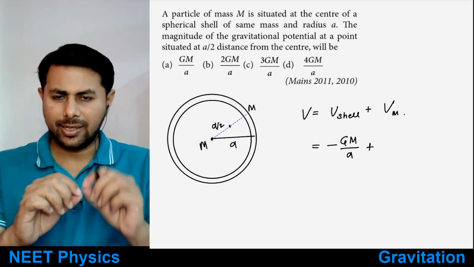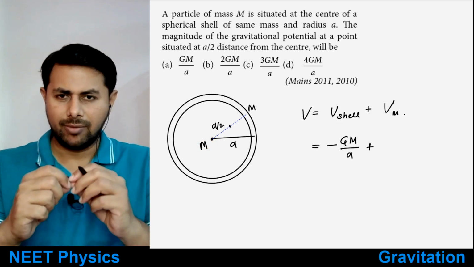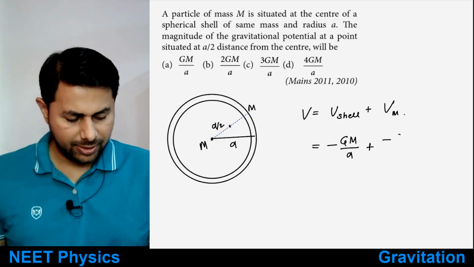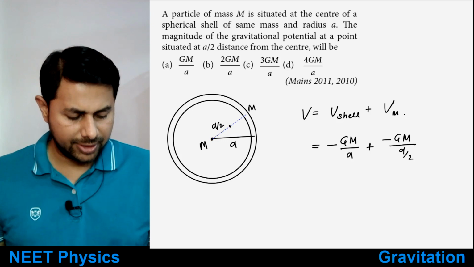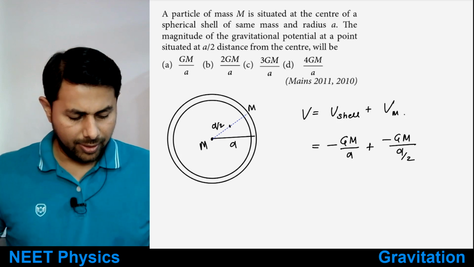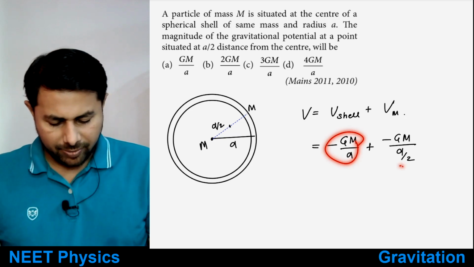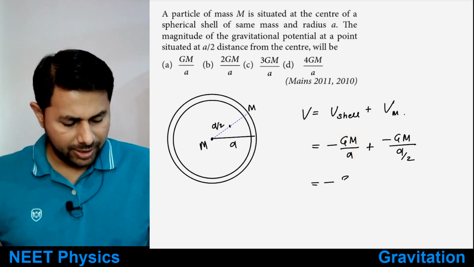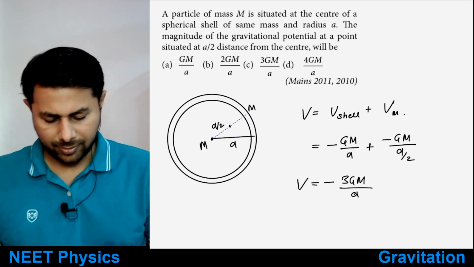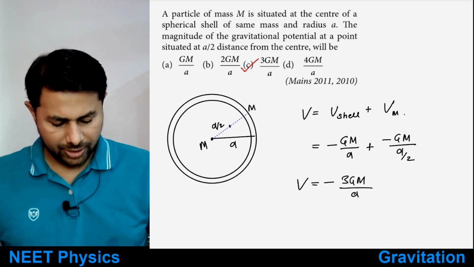If you have a small point-size mass m, then what is potential due to that? It is minus GM divided by the distance, right? So what is the distance? Minus GM divided by the distance of that point. So distance is a by 2. So this thing becomes minus 2GM over a, and you have minus GM over a. So the answer is minus 3GM over a. So this is the answer. Okay, so the answer is option C here, but they should say that it's negative,